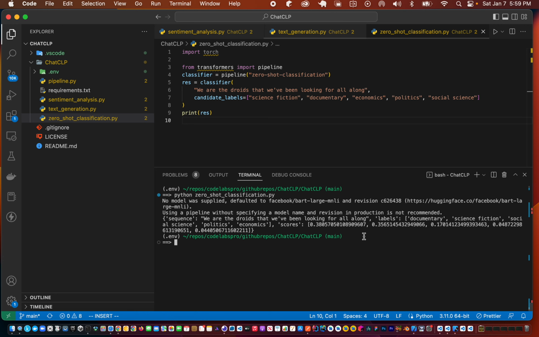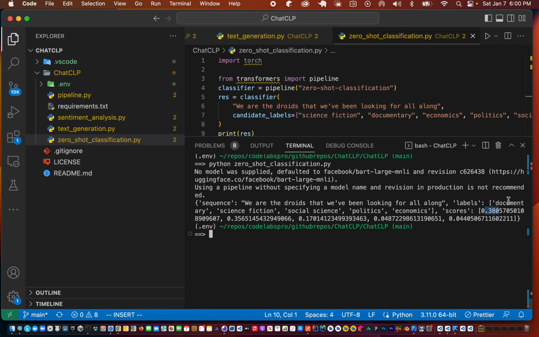Let's increase the font here. For science fiction, we got a score of 0.35. For social science, 0.17. For politics, 0.048. And for economics, 0.044. So the highest seems to be documentary,